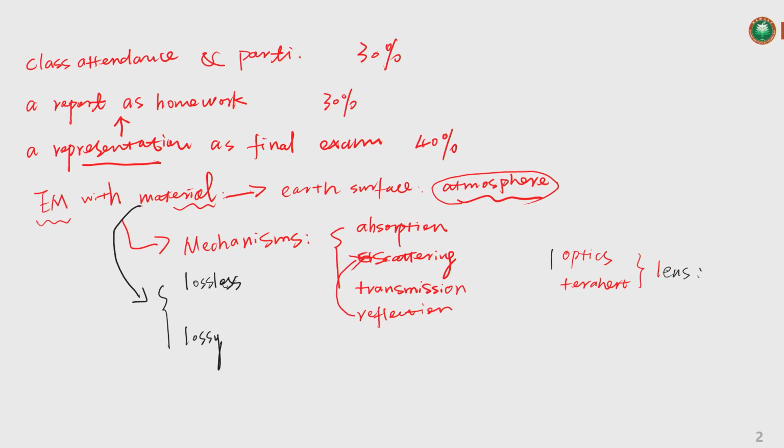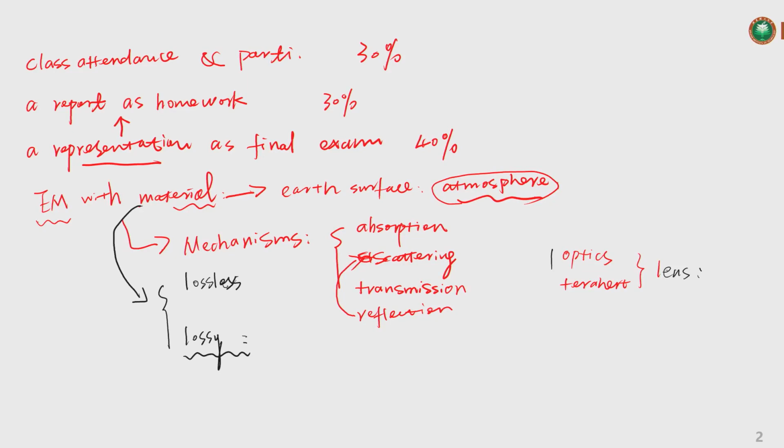But most of the natural materials are lossy materials, alright? So usually we use a parameter to express such kind of material. We can express it as